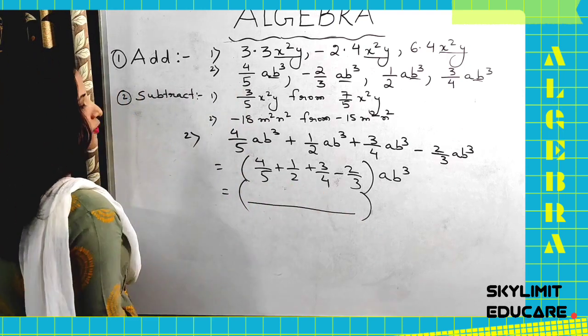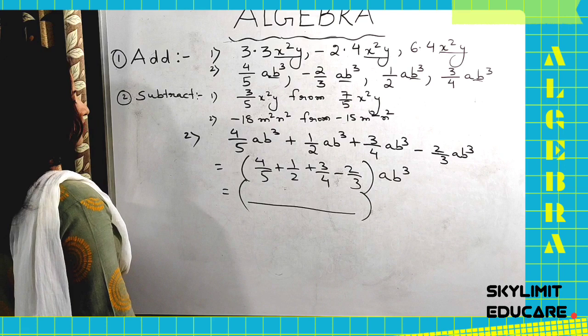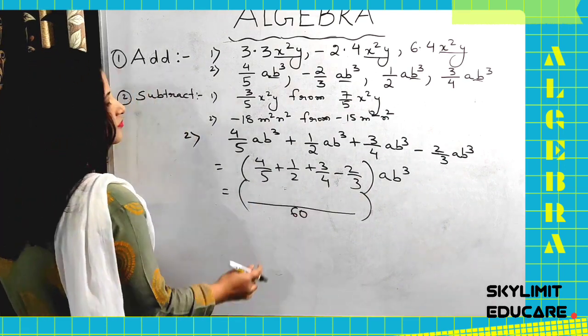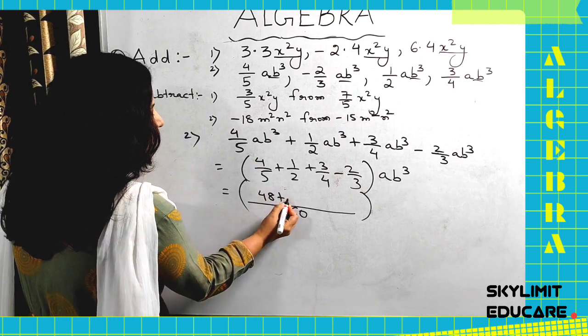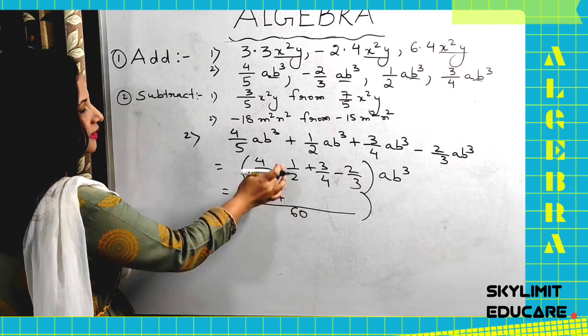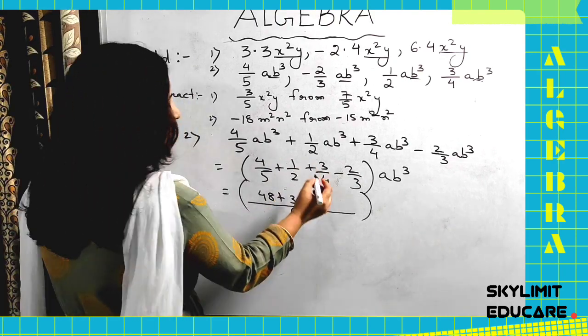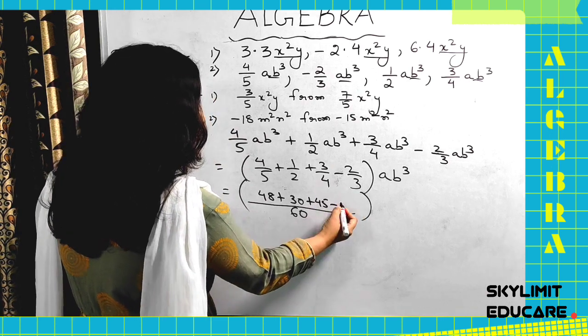So what will be the LCM for all these? You can take the highest number here, the greatest number is 5. I think it's 60. Yes, it's 60 only. So 5 twelves are 60, 12 fours are 48. 2 thirties are 60, 30 ones are 30. 4 fifteens are 60, 15 threes are 45. 3 twenties are 60, 20 twos are 40.